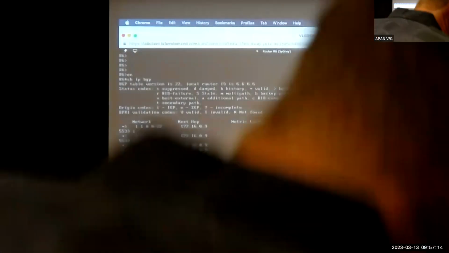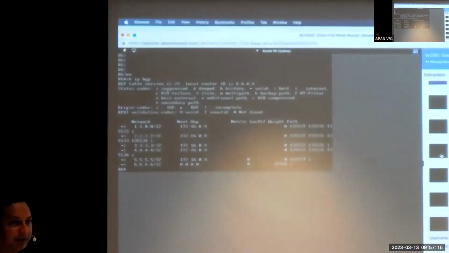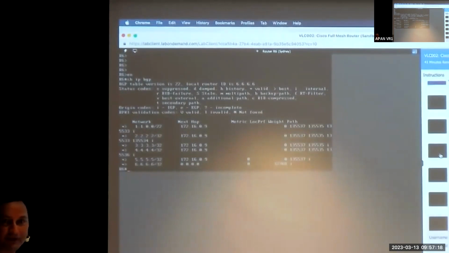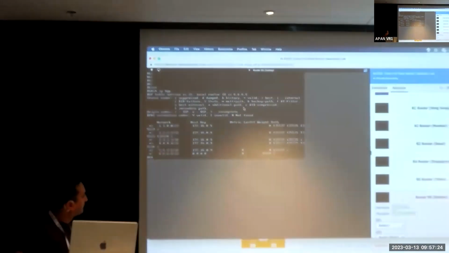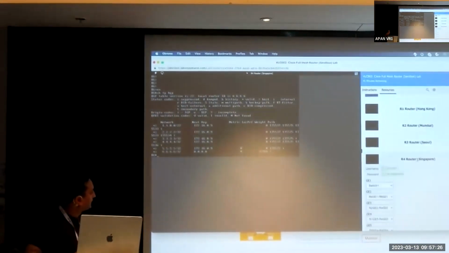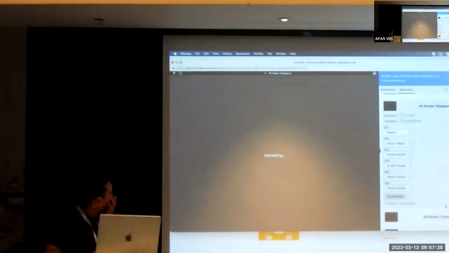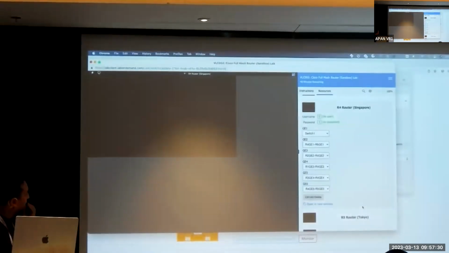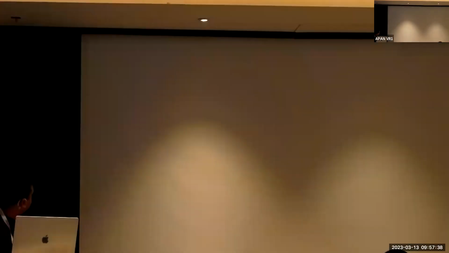Now what I'm going to do on router 4 is announce a more specific prefix, right? Because that's what we learned earlier. If you're announcing a more specific prefix, here we see that router 1 is advertising a /22 network, right? So what I'm going to do here on router 4 is, actually, let me show you a trace route before we